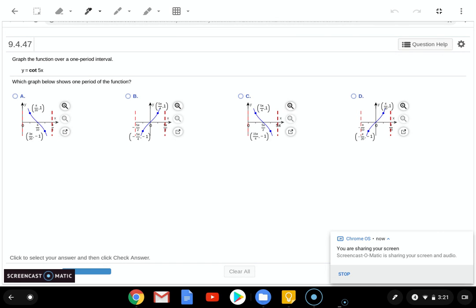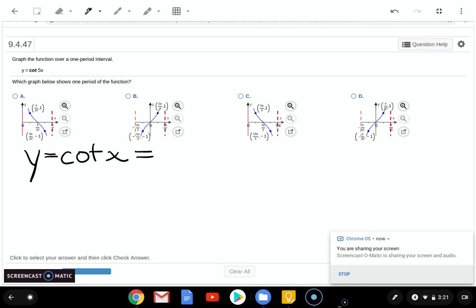Okay, so in this problem, you're asked to graph y equals cotangent of 5x. So the place to start is to be aware of the shape of just the basic function here, which would be just cotangent of x. So the cotangent graph,